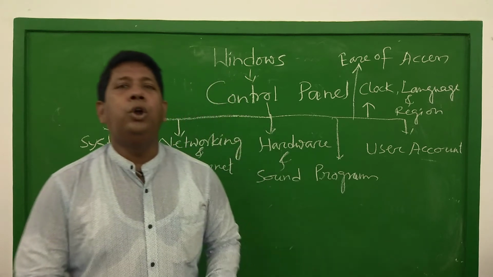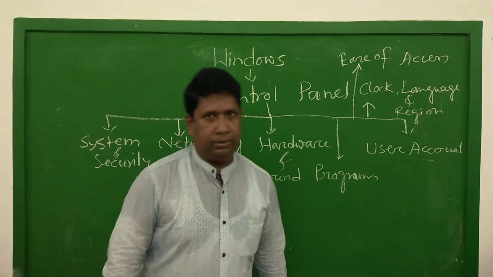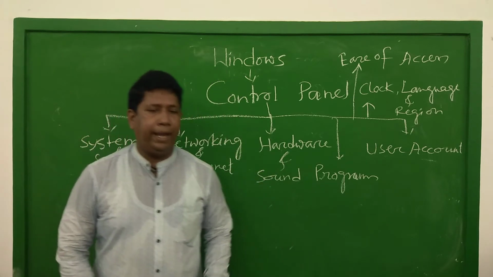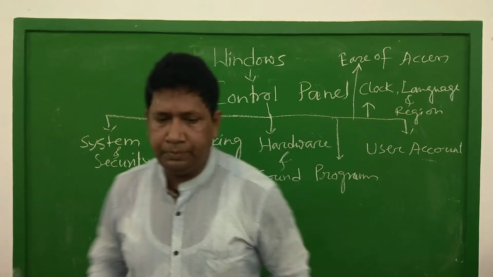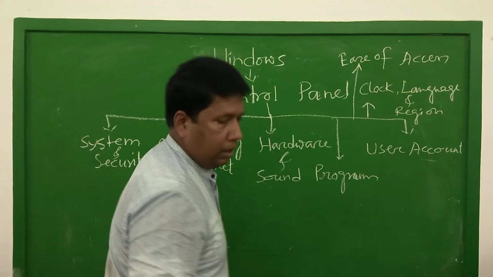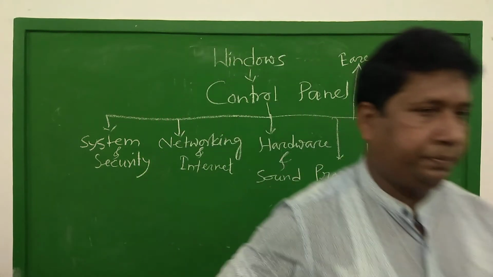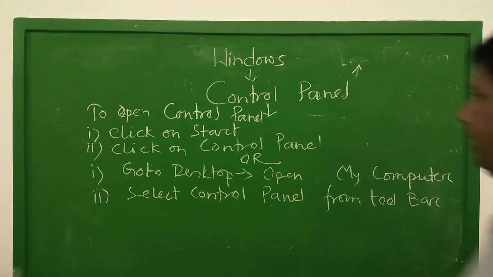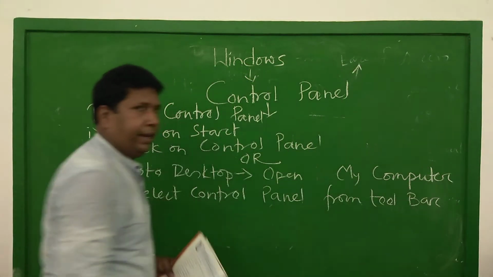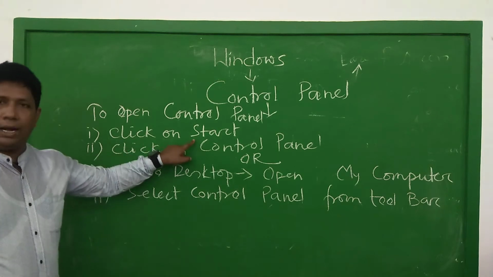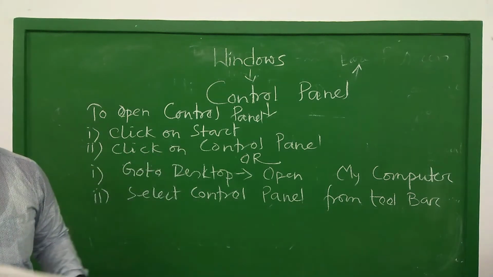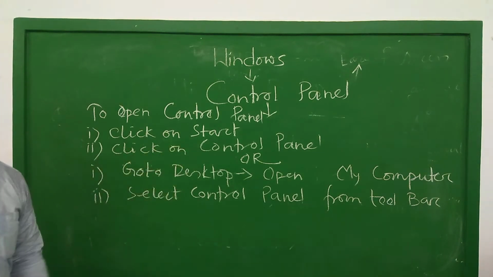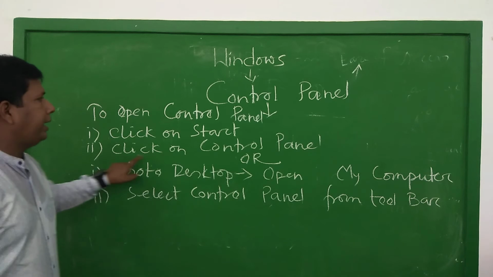Now, how to open control panel? To open control panel, first of all click on start. You know, on the desktop you can find the start button on the left side. Click on start, click on control panel,